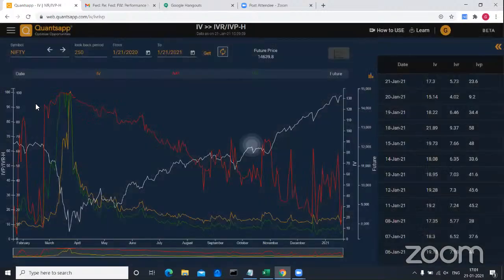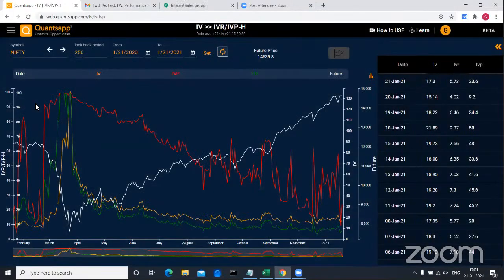Now we will move to the IVR and the IVP. As we see, it's more similar to the IV chart we have seen, but here it's providing us a bit more data. If I want to see everything at once, IVR, IVP, and IV at the same time, and also the future prices,